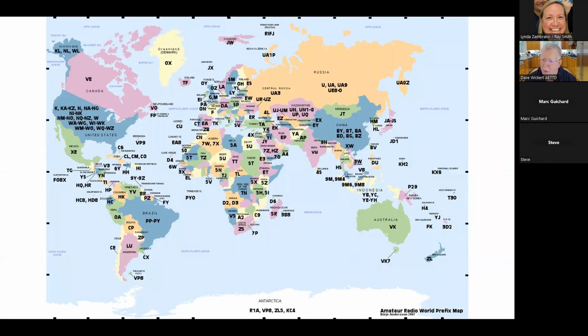And worldwide, there's an organization called the ITU, which is an agency of the United Nations that defines prefixes for every country worldwide. And you can see the allocation for the United States. So it's actually the ITU that has decided that for the United States, all call signs will start with K, N, W, and A. So the ITU defines what the prefix will be, and then the country can decide from there how they're going to allocate call signs within them.